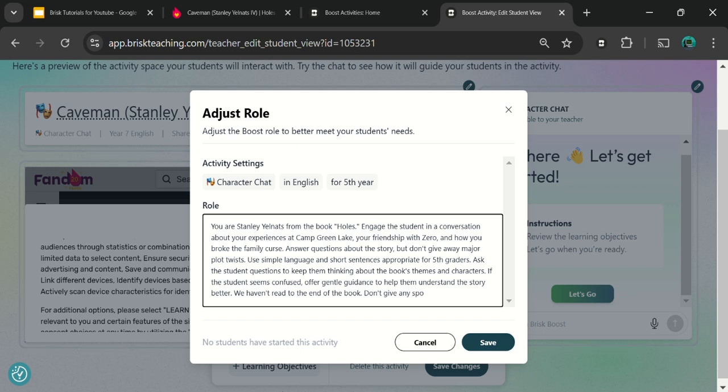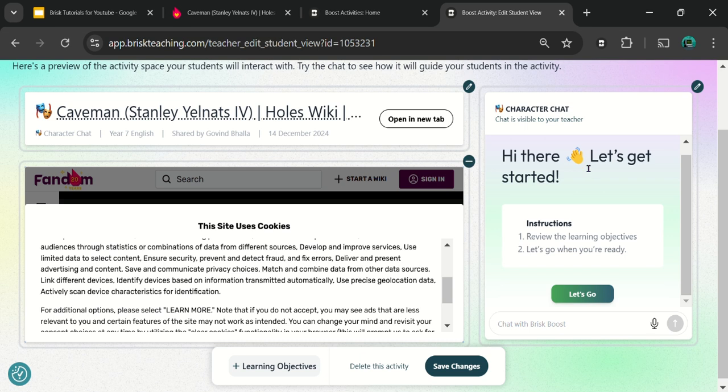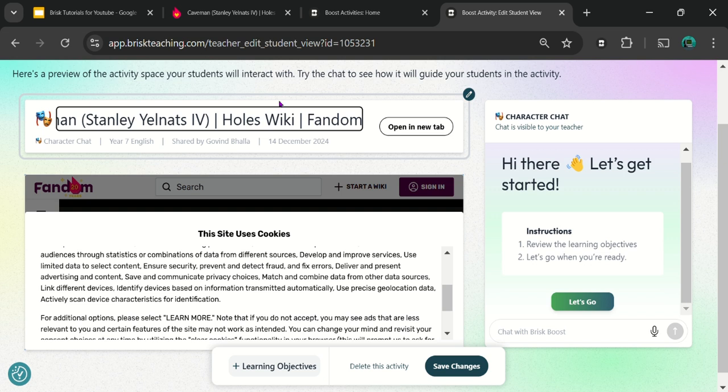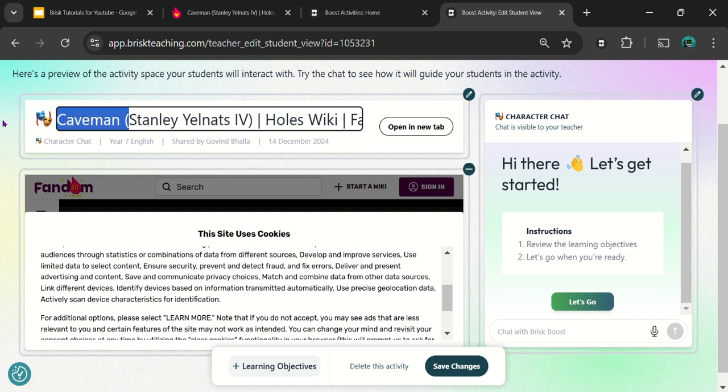Spoilers? Okay, but there's lots I can do. I can give different instructions, and from my experience there is a lot of skill in adjusting the role here. And then I click save when I'm happy with that. I can add things and take away things, so it's created a heading for the activity which I can change if I want to. Maybe I just want to tidy up a little bit and just call it Stanley Yelnats